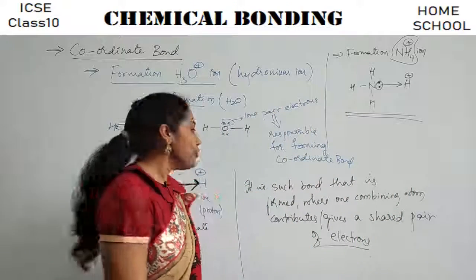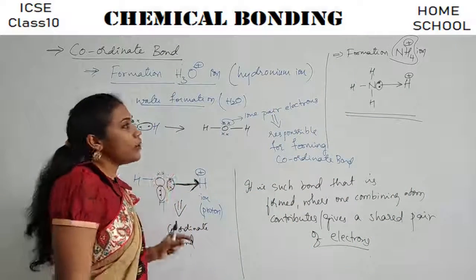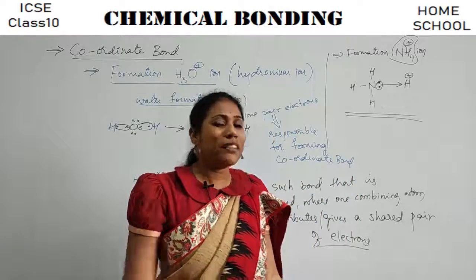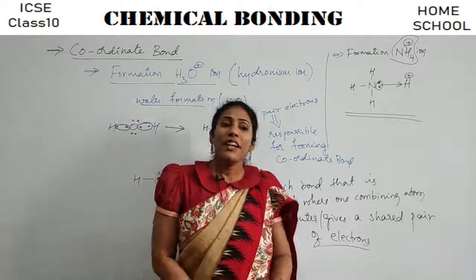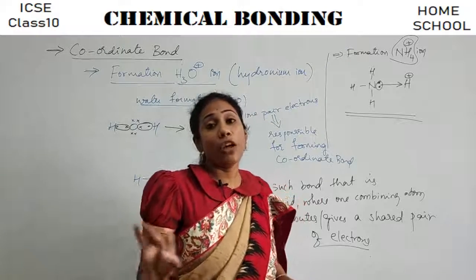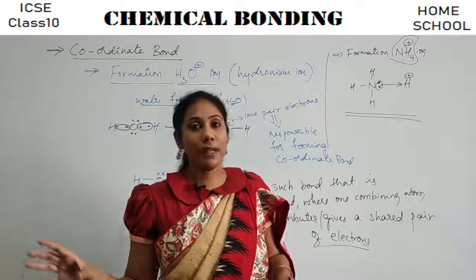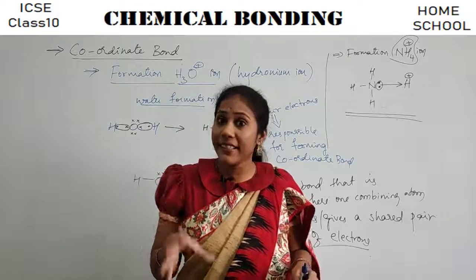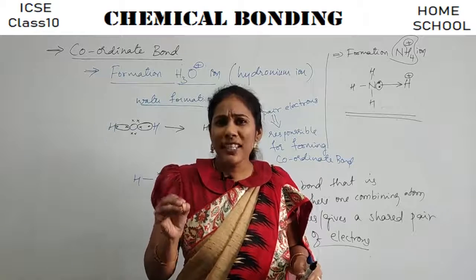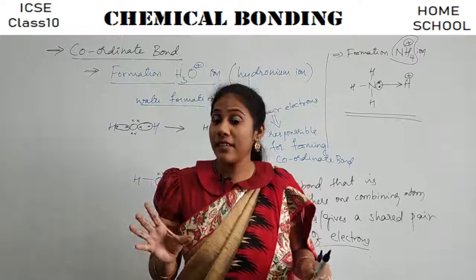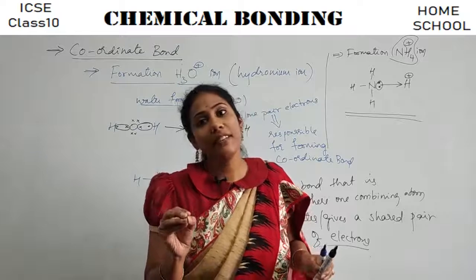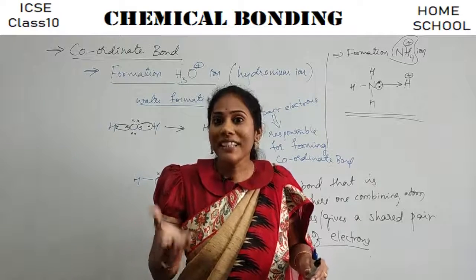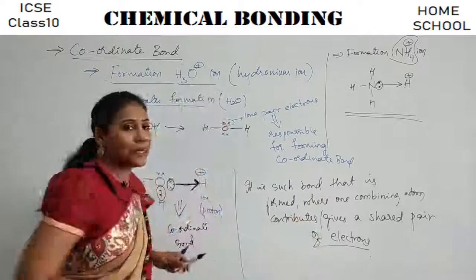Clear? So this is how a special bonding can be formed during chemical reactions. More details about this will be studied in the higher classes. You have certain compounds like complex compounds, coordinate compounds. You know chlorophyll. Where is chlorophyll present? In green plants, right? What is the use of chlorophyll? Photosynthesis. What does chlorophyll contain? It's a green colored chemical, right? So in that chemical, you actually have coordinate bonds.